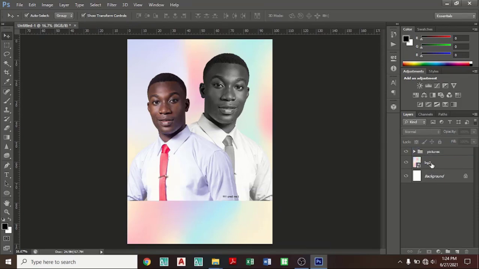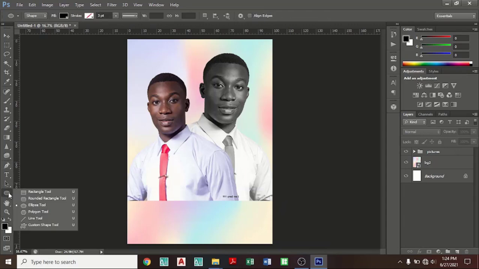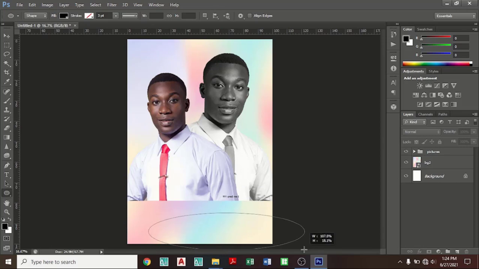Then there is a background. Okay, now let's add some shape here so we can add our text in it. So come to the shape side, the tool side, and then select. So let's just use the ellipse tool. Now you drag and then,